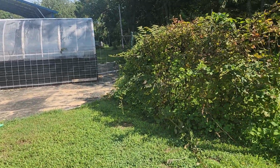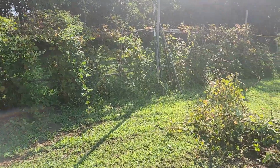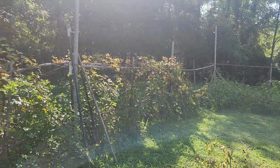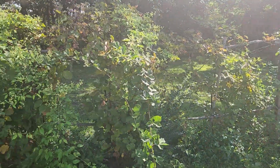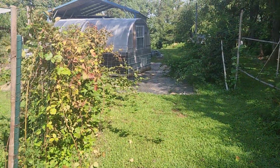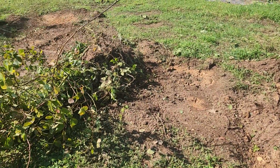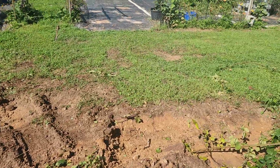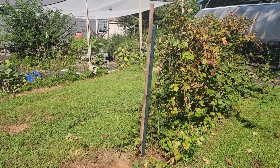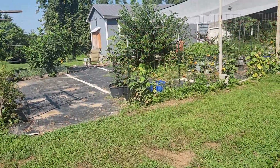And this morning, I just want to kind of show you what's going on here in the garden. So these blackberries, and I had a full row here as well, which I just tore out. And I've got some on the fence on the far side over there. And I planted some new ones in back. I tore these out because